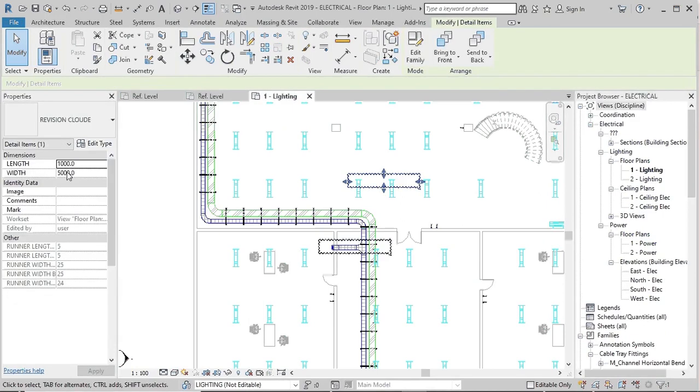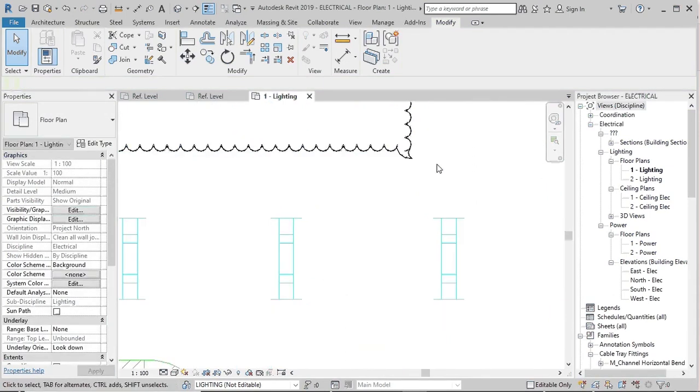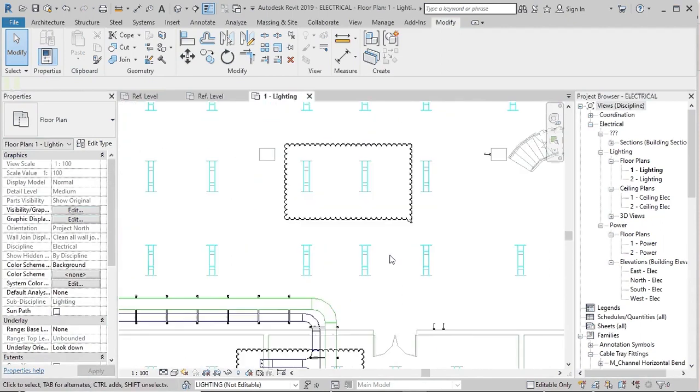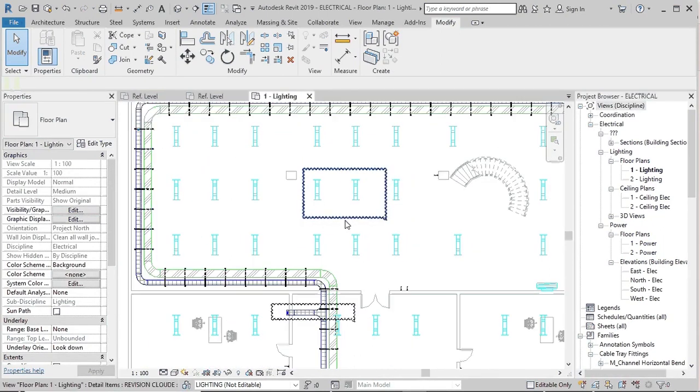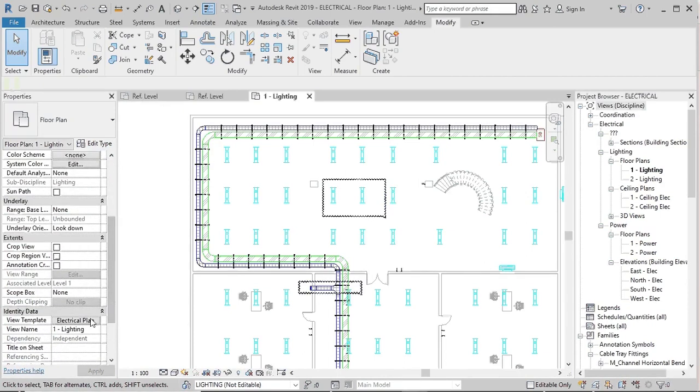I want to change these colors also, so I use the filter setting. After that, this color also changes.